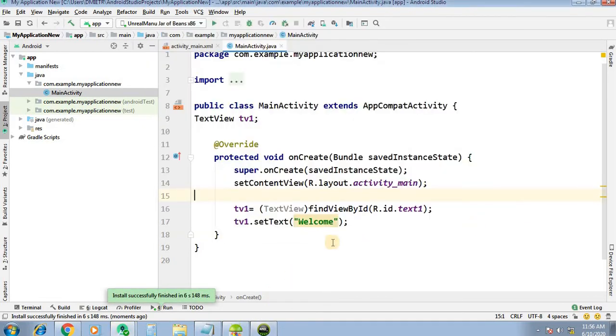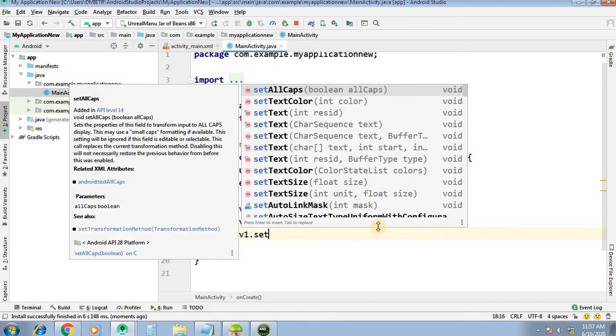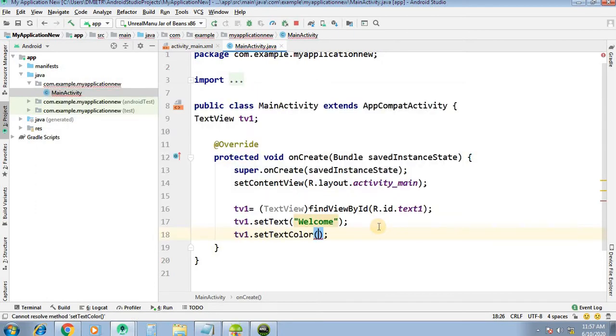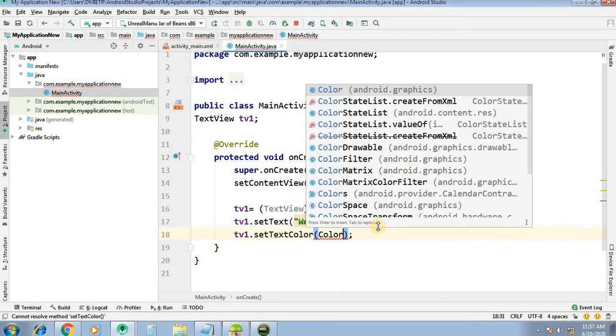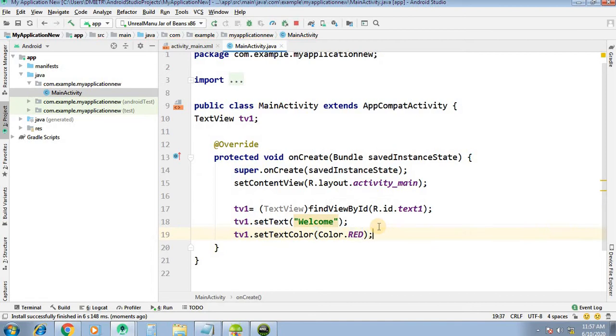Okay, now you can see the output. Here comes the welcome. If you want to set the color, tv.setTextColor, we will set it to red. It will set the color to red.